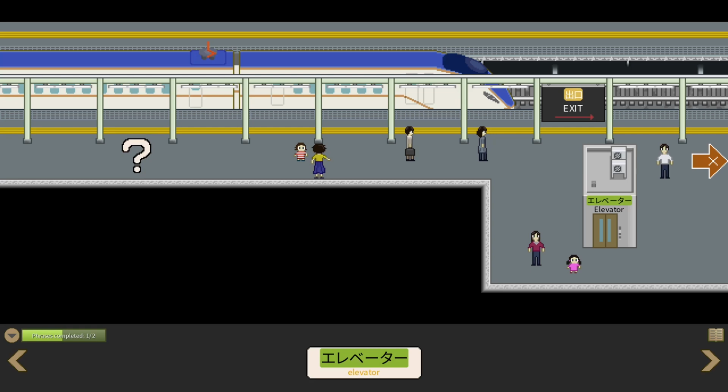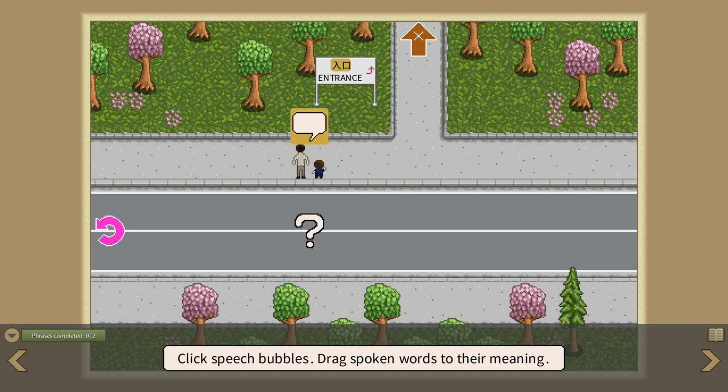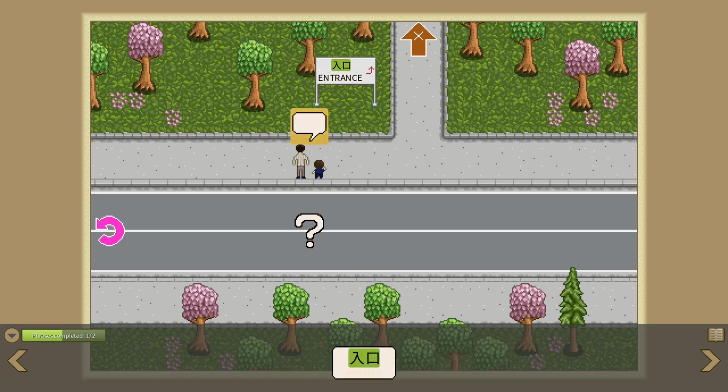So to Speak is a unique indie education game that immerses players in the Japanese language through a journey through modern-day Japan. As players progress through the game, they encounter various characters who only speak in Japanese and must use their language skills to identify objects, understand speech, and learn the meanings of kanji characters. The game is designed to use context clues to help players deduce meanings, gradually adding more grammar and complexity as